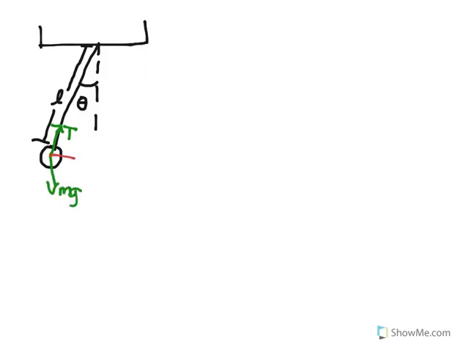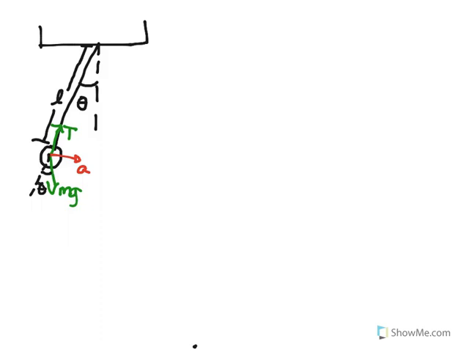In this case, the acceleration goes towards this direction, so it is convenient to state my y-axis in the direction of the tension, my x-axis in the direction of the acceleration,